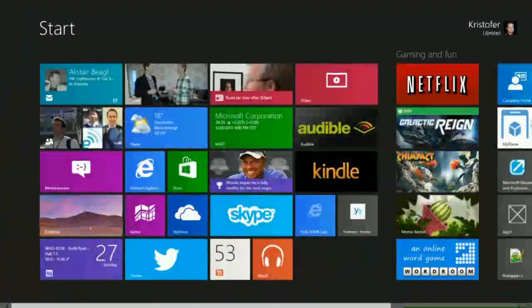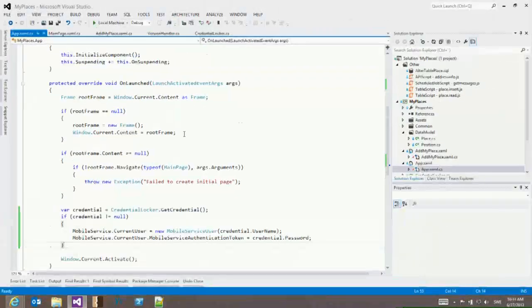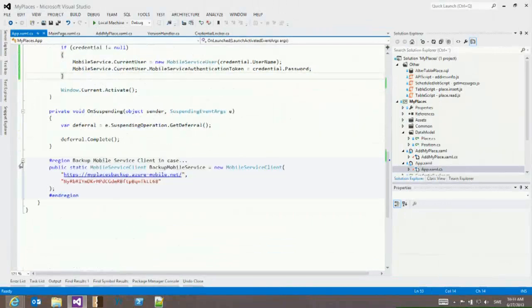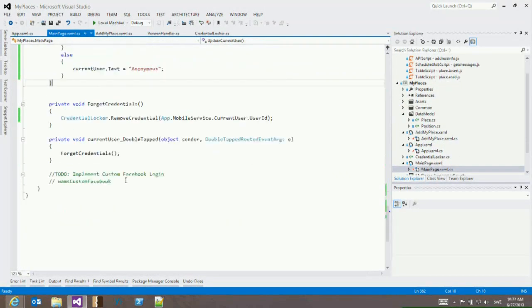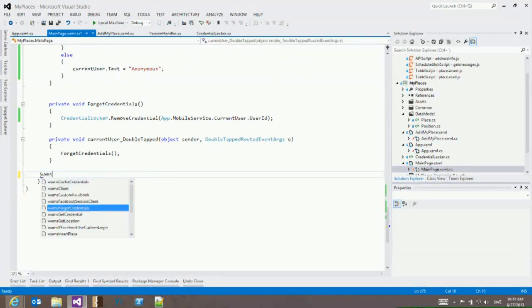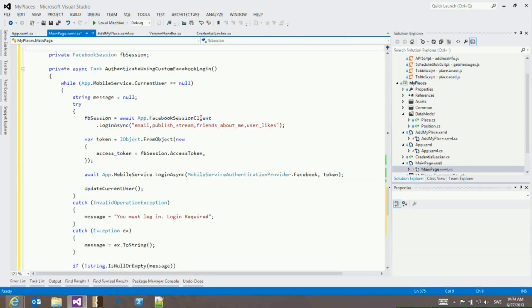So if we go back, here I will, in my main page, open custom Facebook, WAMS, custom Facebook. So what I have here is an implementation of how I can use the Facebook SDK for .NET